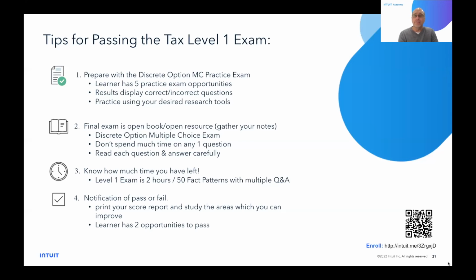Second is the taxpayer, when you're on the phone with them, will ask you a question and you just need to research it. So for example, like what's the standard mileage rate? It does change every year. We saw in 2022, it was one actual number for the first 6 months, then it changed because of the price of gas. So a question like that, you might have to jump online and just kind of make sure you confirm your answer. So same thing with the exam, get a question, jump online, make sure you confirm the answer.